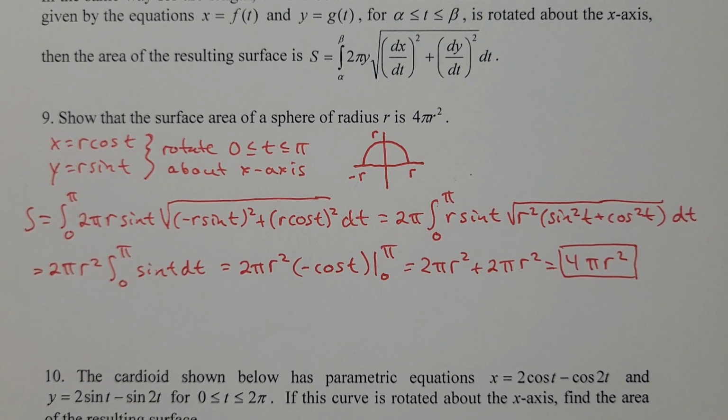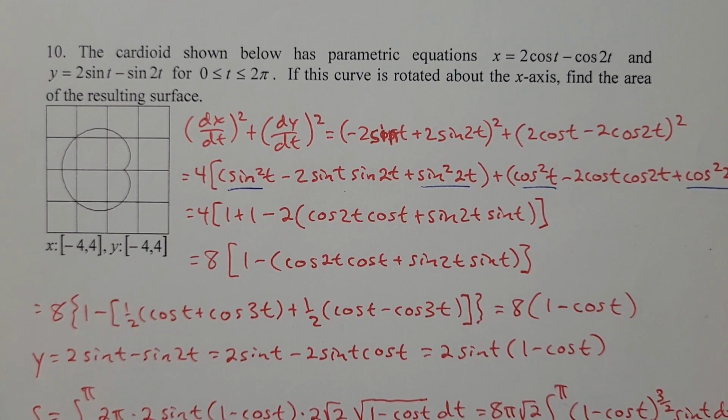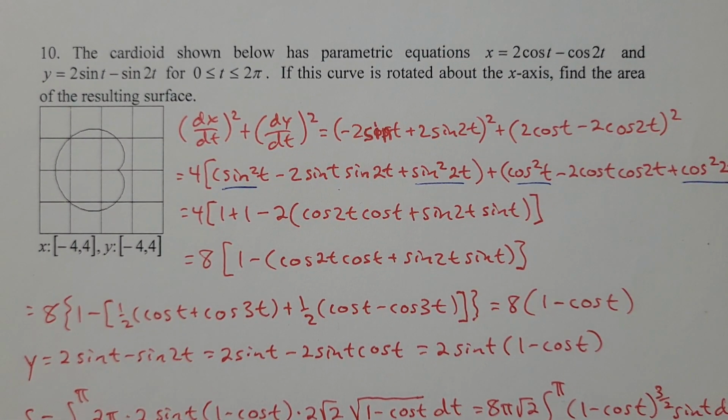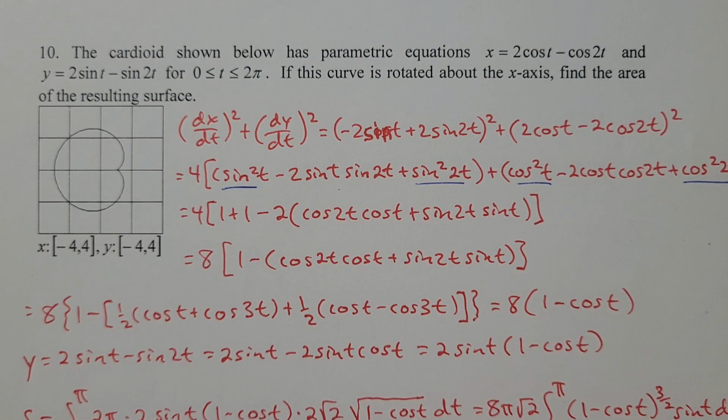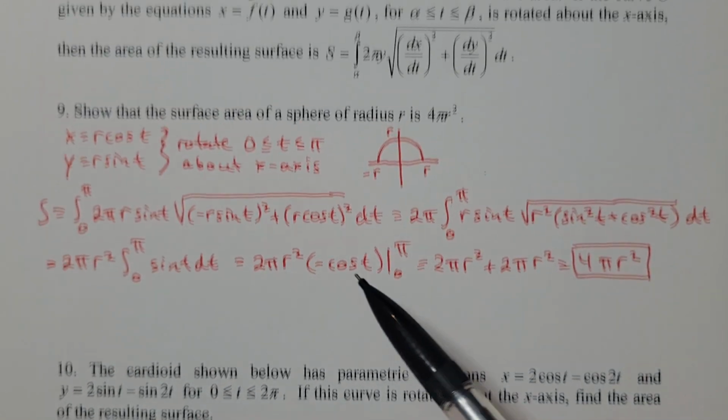And in problem 10, let's see, it says the cardioid shown below has the parametric equations x and y. T is ranging from 0 to 2 pi to completely trace out this curve one time. If the curve is rotated about the x-axis, find the resulting surface. Okay, so of course I'm going to use this